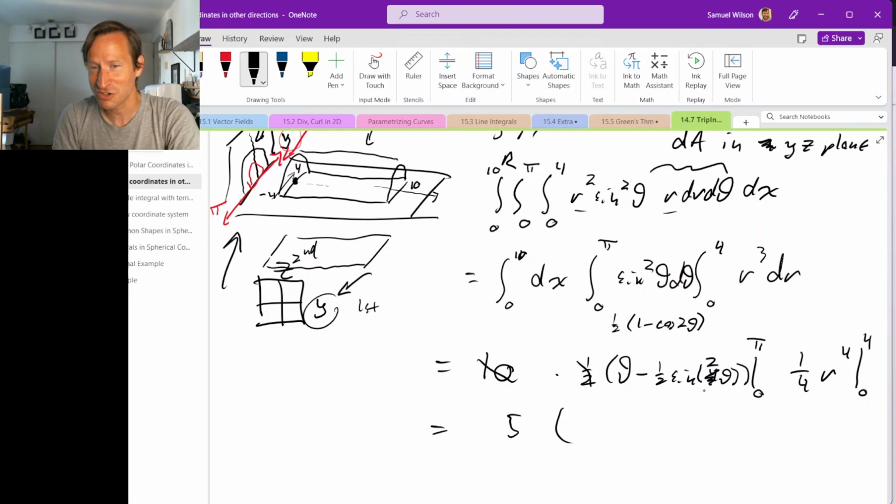Okay, so 5 times 4 cubed times pi, whatever that turns out to be. So the one thing we have to be careful about when using polar coordinates for other coordinate planes is we have to be sure that when we use this coordinate